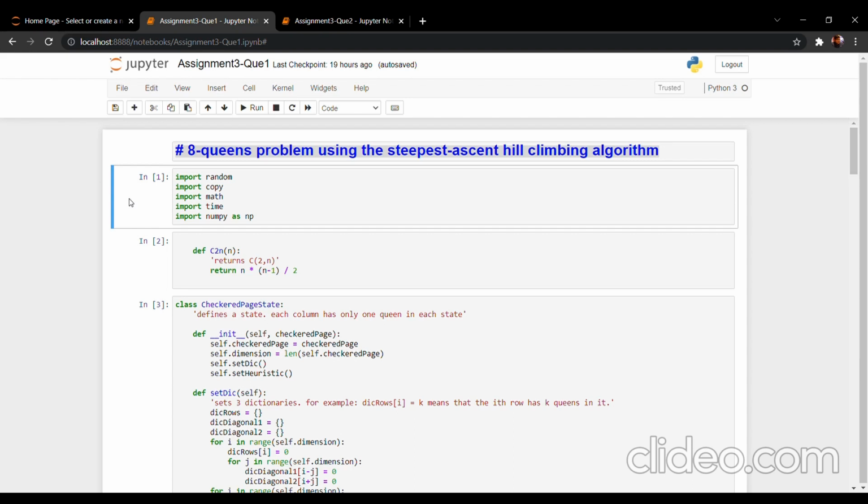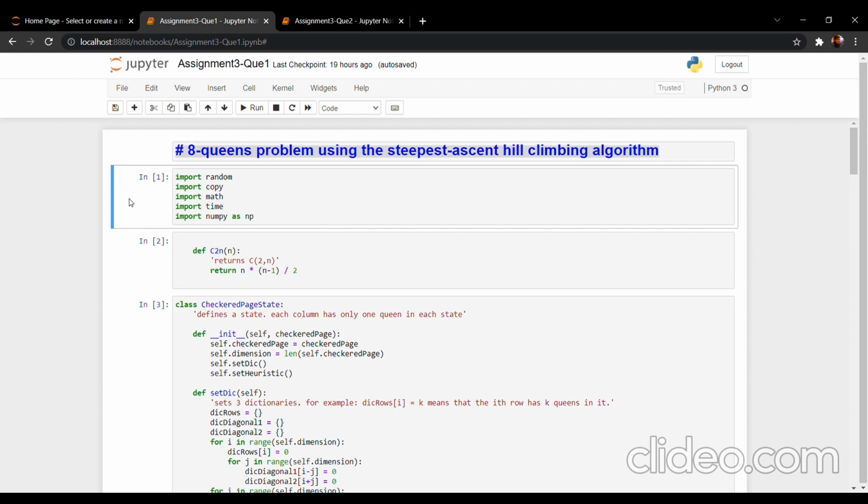Hill climbing algorithm works in a loop which moves towards the goal state one at a time. However, the main drawback of this algorithm is if it hits the maximum local value, then it assumes that there is no better results than the current state. So it terminates the calculation. So that's what we are going to see, and the success to failure ratio we are going to see during this